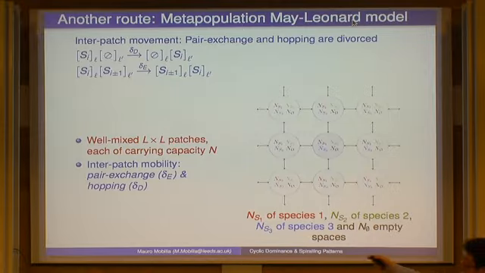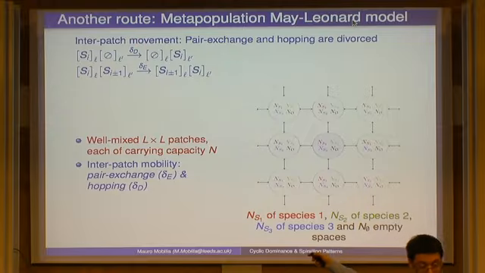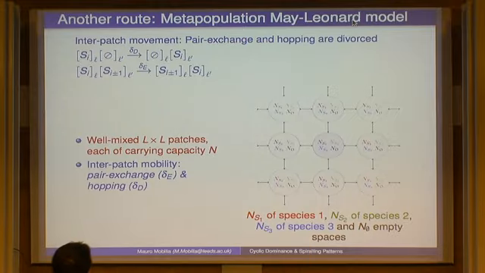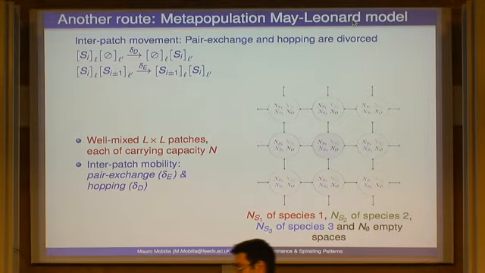So just to make it clear, before we had delta D equal delta E. Now we have just divorced this. Yes. So the hopping would be something like an immigration, or what would be like the natural setting for the hopping? So what we were thinking of here when we did that was to say that we wanted a simple way to mimic nonlinear mobility.